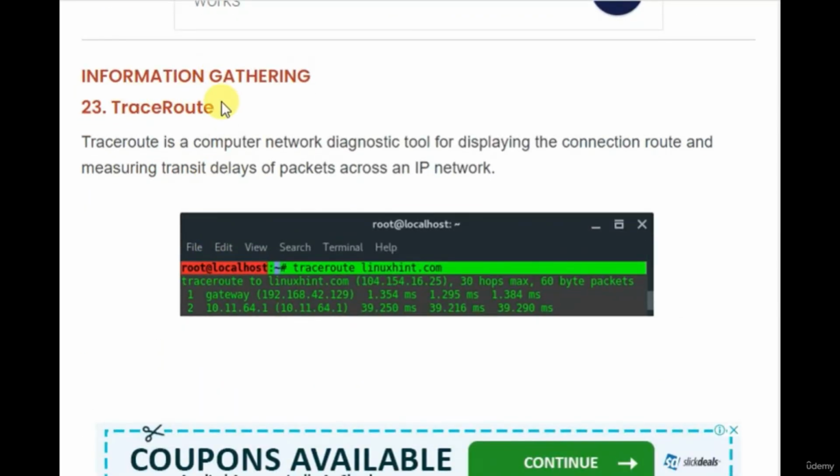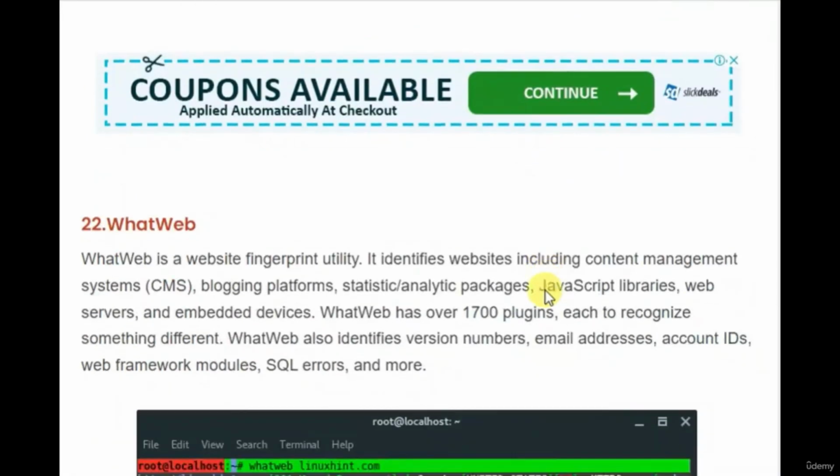And now we come to the information gathering options. Number 23, traceroute, is a computer network diagnostic tool for displaying the connection route and measuring transit delays of packets across an IP address, just like this. Number 22,